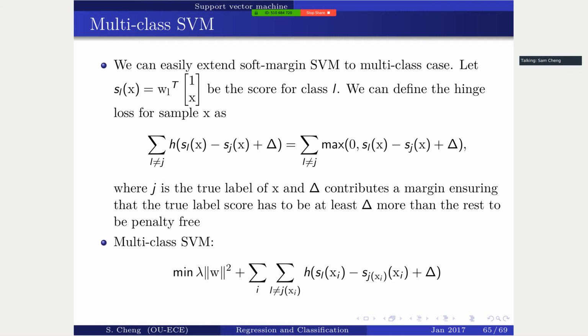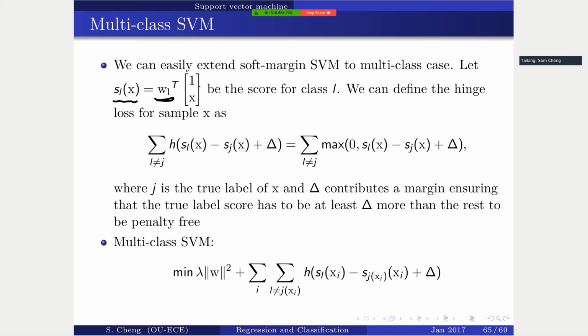If you have more than one class, then you can have different scores that are generated by different weights multiplied by your input, and then you will just pick the score that is highest to be your